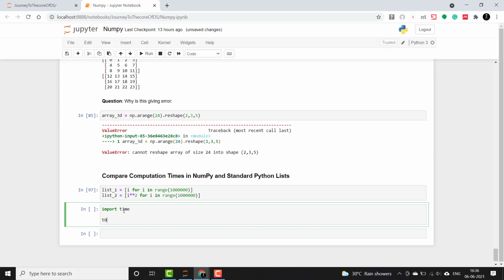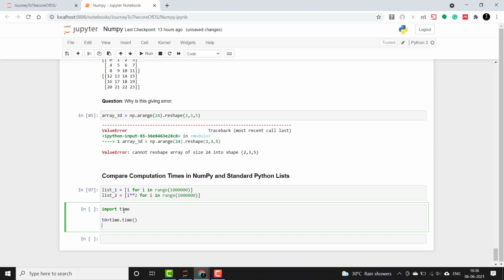I'll say t0 as the initial time before computation. I'll say time.time, and then I will do the computation, which is the element-wise product. So I'll say product list, then I'll create a list and a map with lambda. Let's say x comma y, and the output will be x into y, which will do the element-wise product of list1 and list2 items.